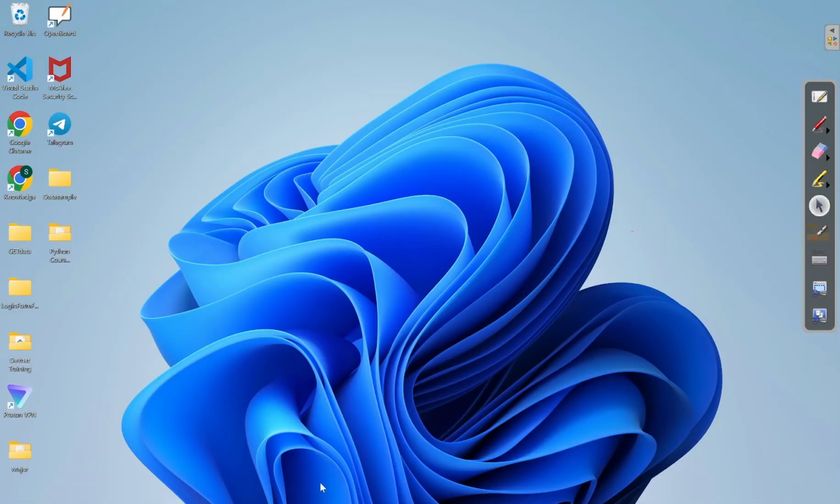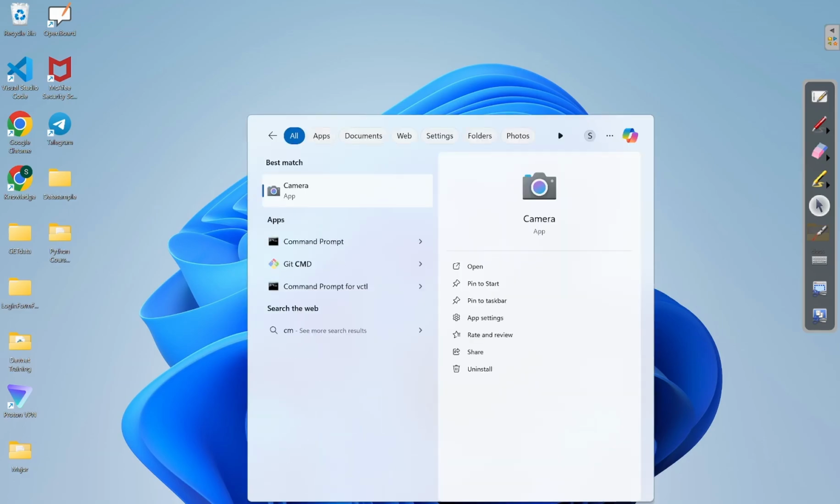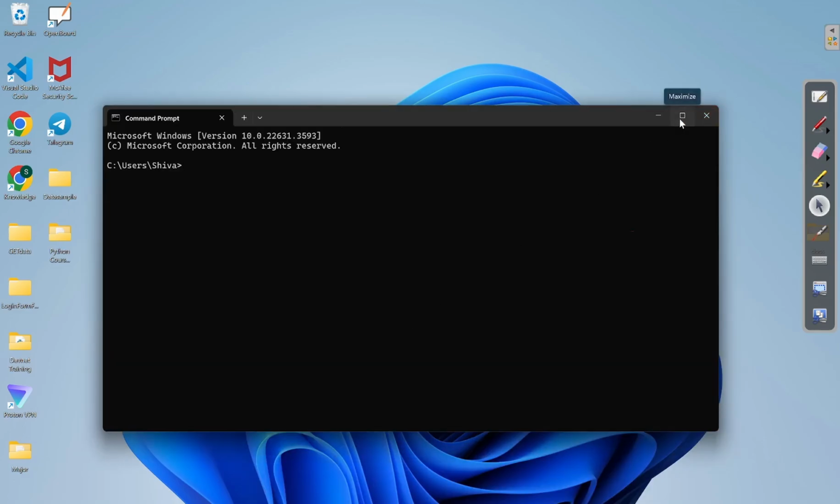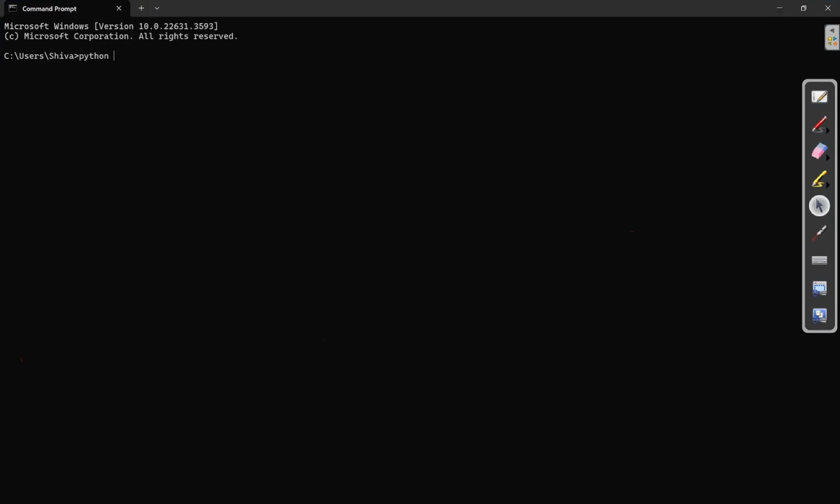Now after doing the installation process, if you want to check whether Python is installed on your machine or not, simply open the command prompt and type python --version. If Python is installed inside your machine, you will get the version of Python installed. I already told you the installation process; you need to execute this command, python --version, and then you will get the Python version which you have installed.